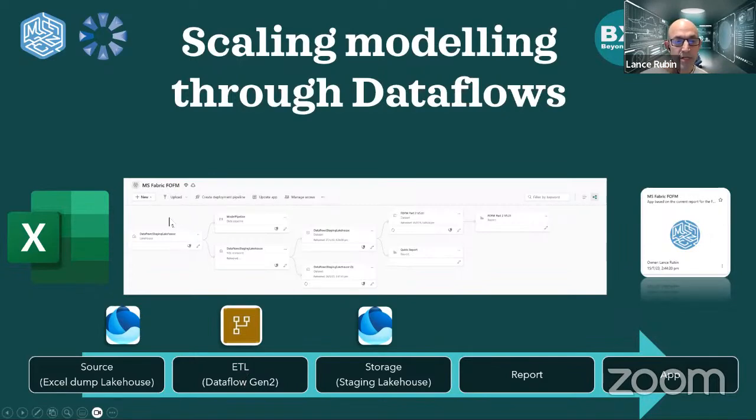And what we are doing here is we're taking the file, we've dumped the file into OneLake. So this is the OneLake, which is kind of like OneDrive. And then through data flows, we're pulling that information into the lakehouse and then publishing that into a report. And then of course into the app. So those are two methods that I've used and tested and able to get the flow through.